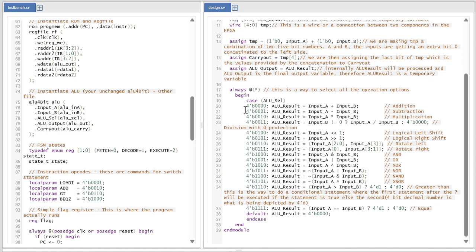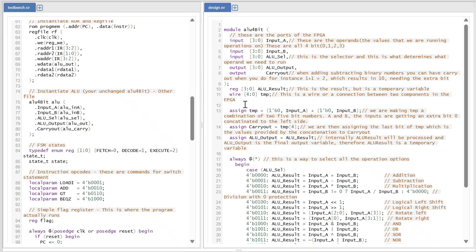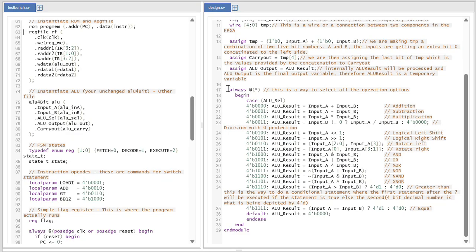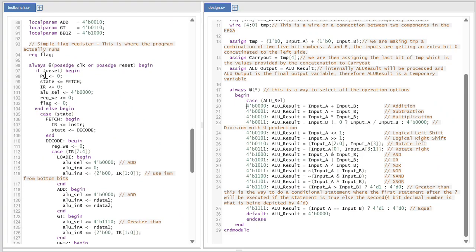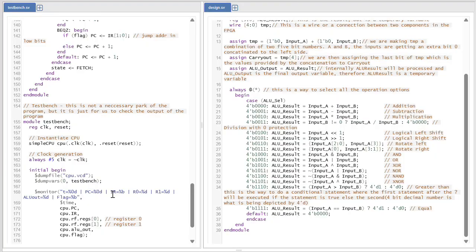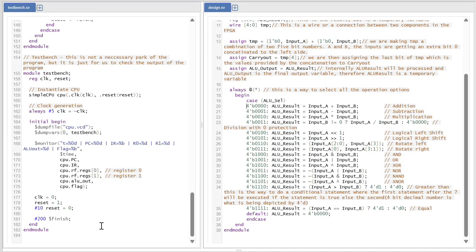So this is our adder, which basically in its essential case takes inputs and an ALU selector, which determines what operation you want to do, and provides an output. If you look here, it's almost similar to a switch case where we are just taking the selector and doing various operations depending on what that selector's opcode is. So here we have all of these, and this is where the actual code is being run. And lastly, the test bench is just for logging purposes so that we are able to see the output